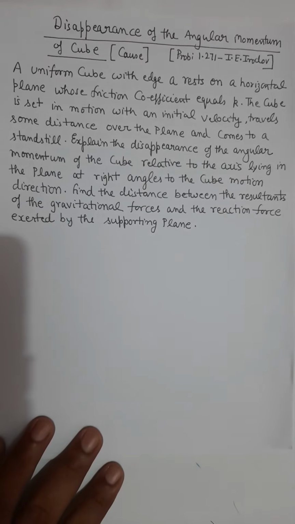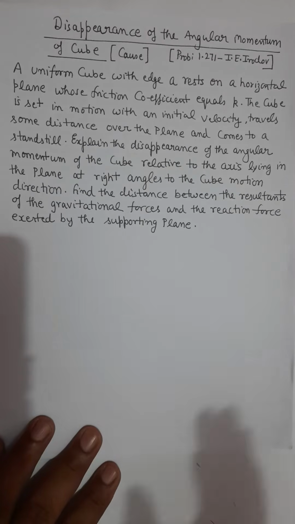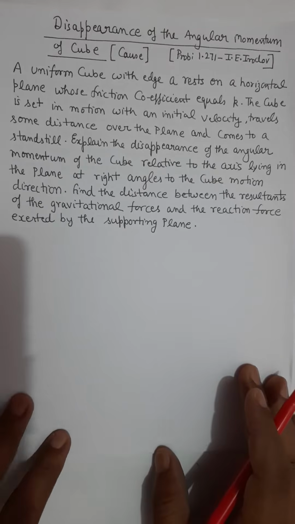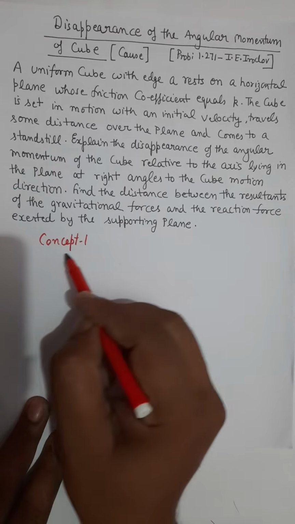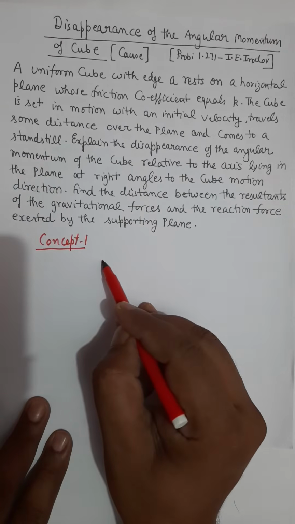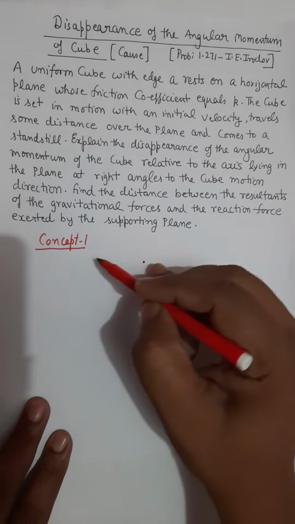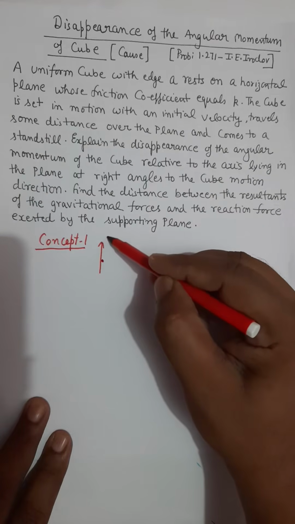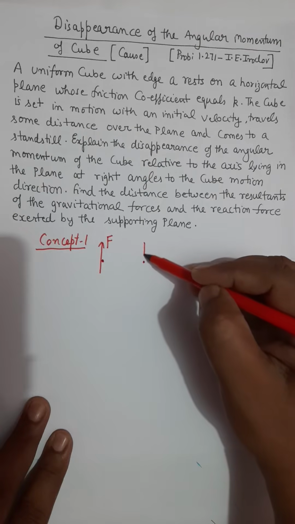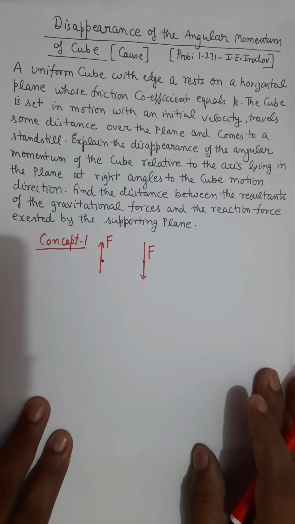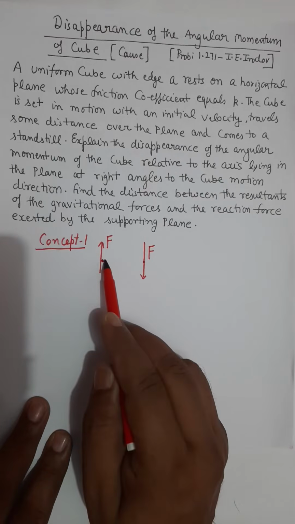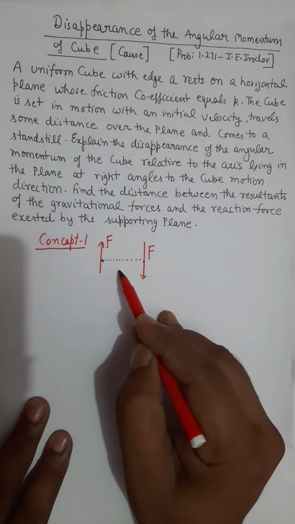And what are the concepts which are involved in this question? There are two concepts which are important for this question. The concept number one behind this question is, if we have two forces having same magnitude but opposite to each other in their directions. So whenever you have two parallel forces of same magnitude but in the opposite direction, and if their separation is, let's say, small d,